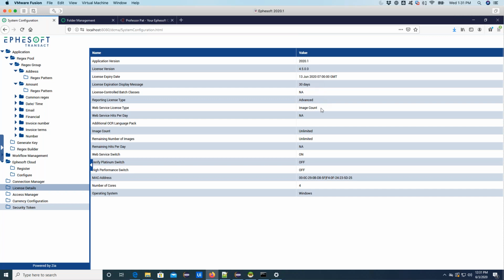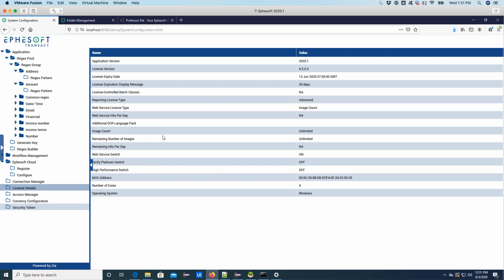Also talks about expiration, whether or not you have certain capabilities of, whether it's unlimited page count, what kind of reporting, if it's just basic or advanced, whether or not you have web services turned on. So there's a huge amount of information that's in here that may give you information because, for instance, your expiration date doesn't really come to the login screen until 30 days. And you might want to know, okay, when do we have to renew your license? And so this would give you the capability of being able to do that.